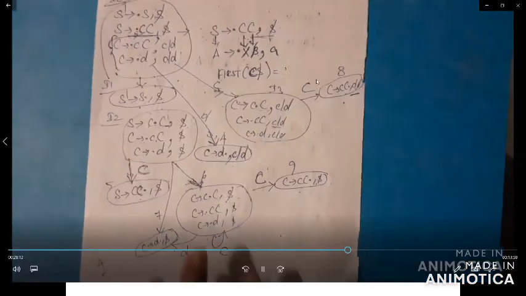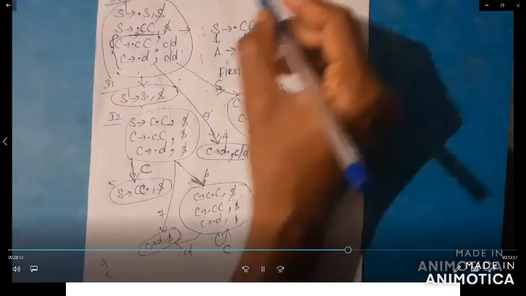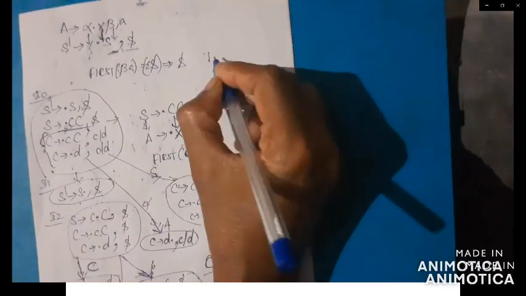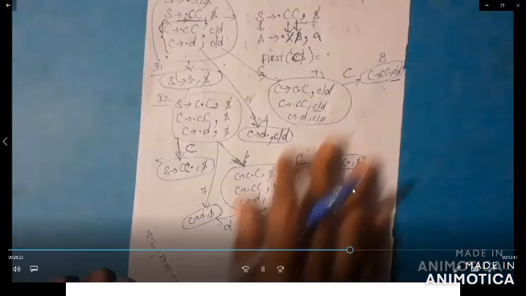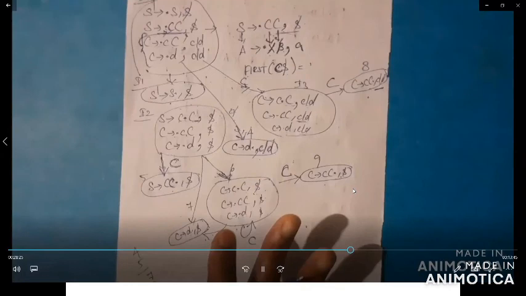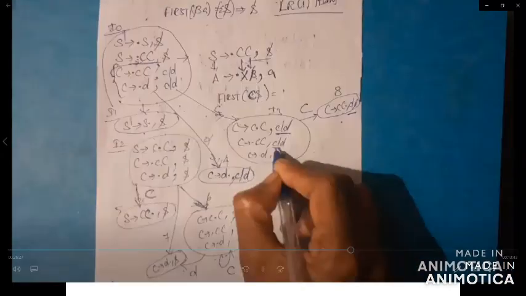After that, this is for the transition flow. This is for the LR(1) items. Based on the LR items, everything is the same as for the SLR parsing table, but you only have to write the lookahead symbol for each and every grammar. After that you got to write the given parsing table construction.